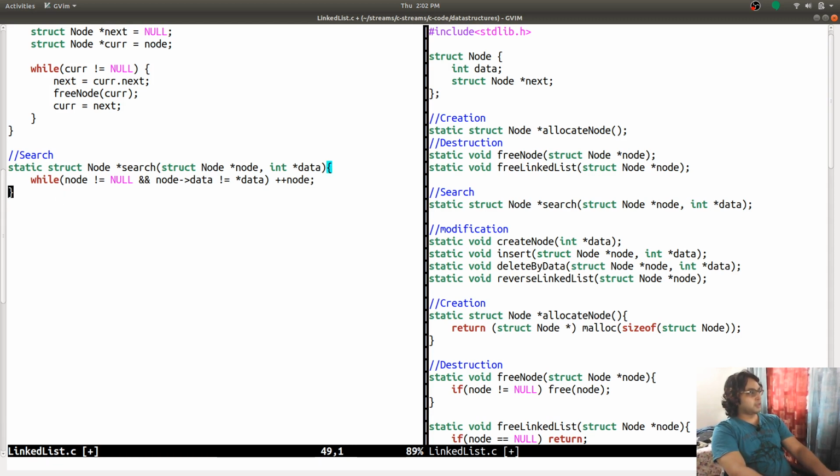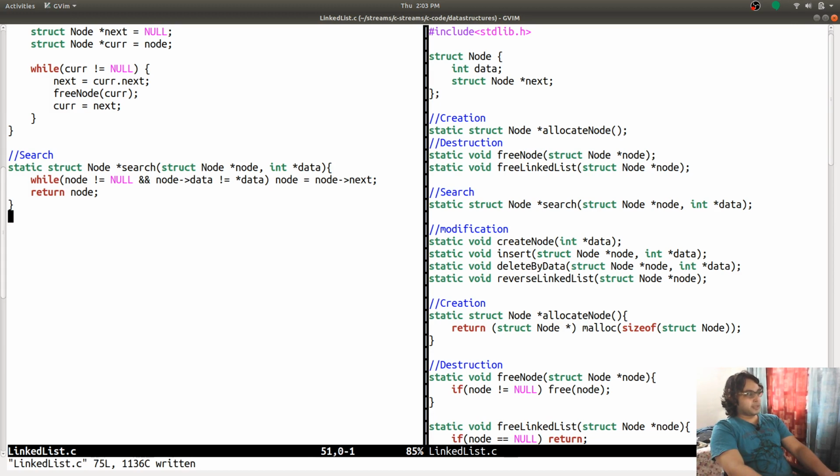Now then, if node plus is not equal to node, then move to the next node to see if that has the value, and return node. So what is going to happen is that at the end, when we didn't find the value, that particular value doesn't exist in this linked list, so node is obviously going to point to the null value. So we are going to return that node, because returning a null or returning a node is the same thing, because that node has a null value.